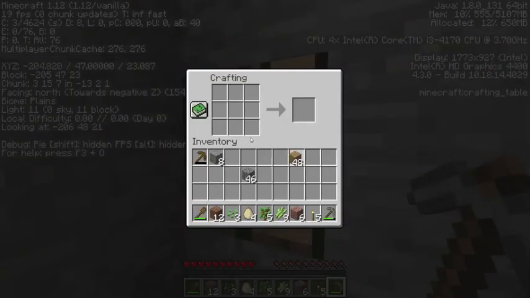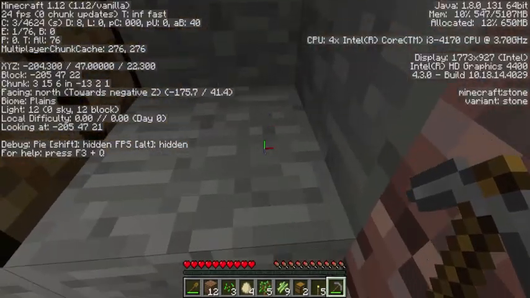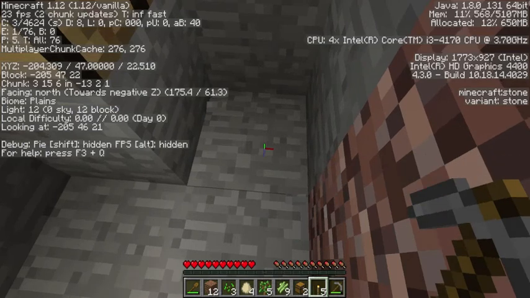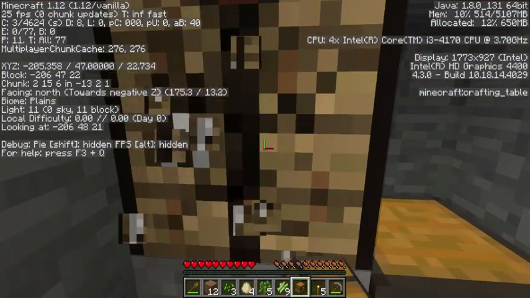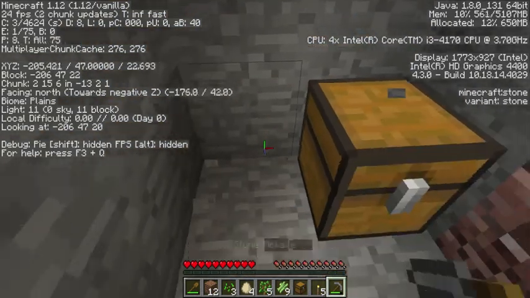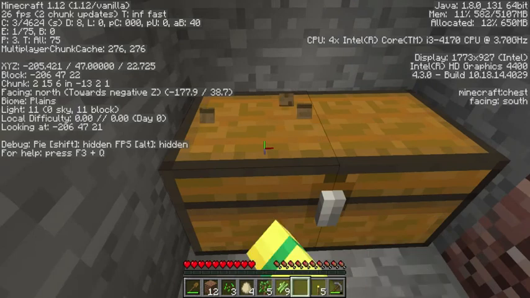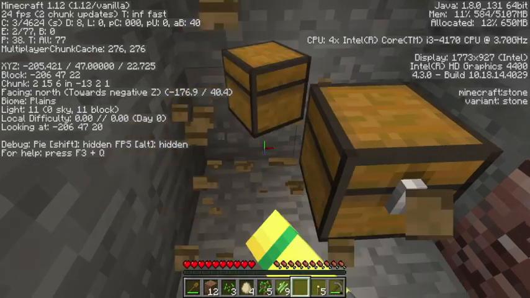I'm going to go ahead and make 2 chests, and go ahead and place that there. So one chest will remain down here while the other one remains upstairs. Why is this whole thing...